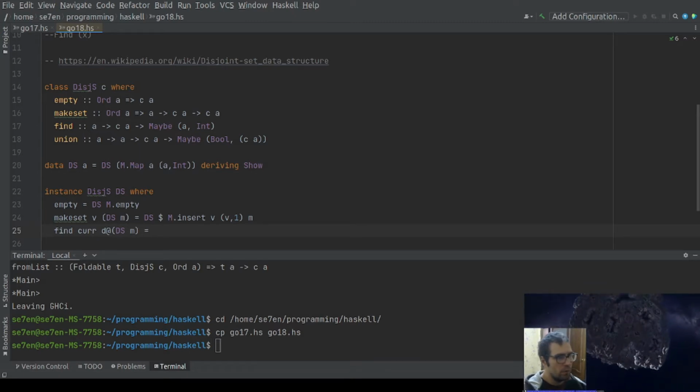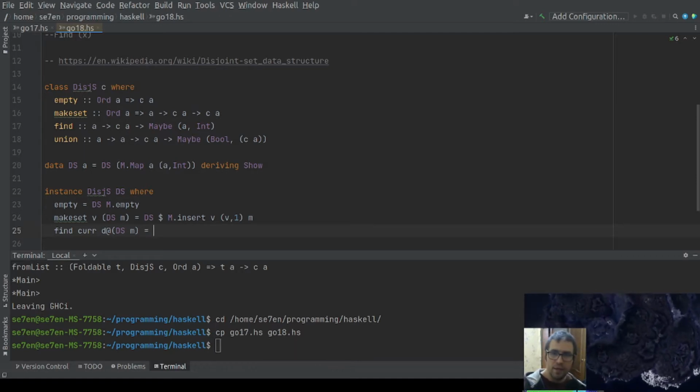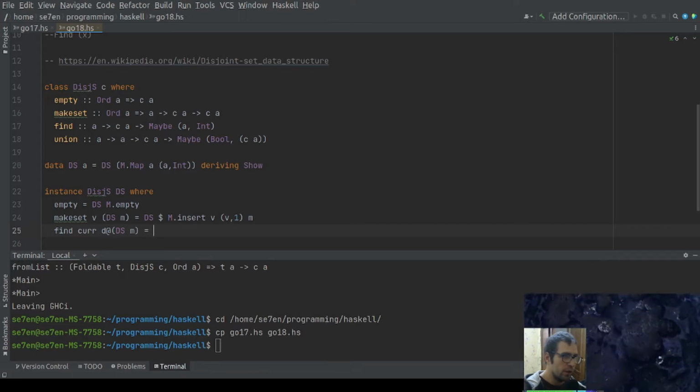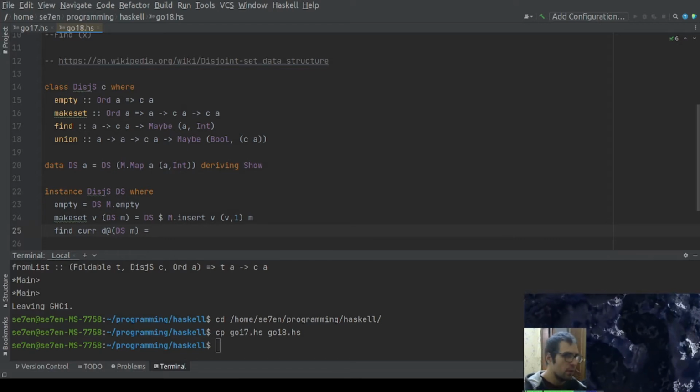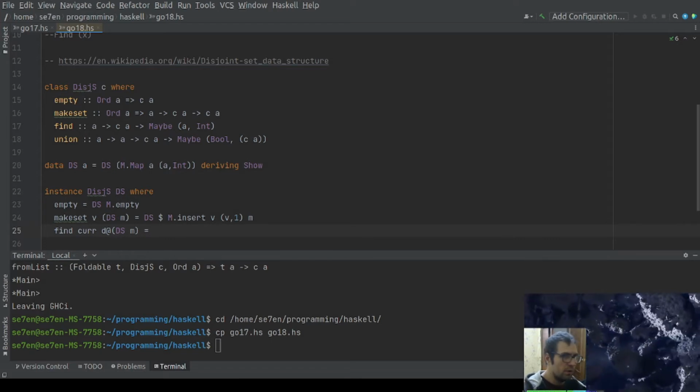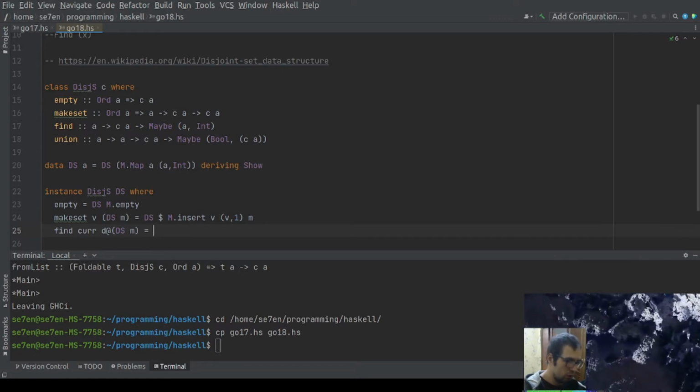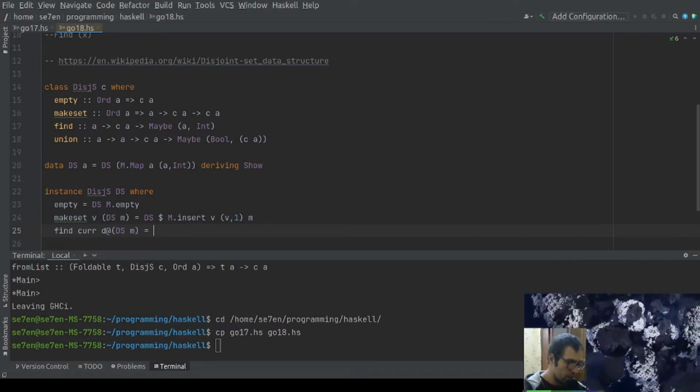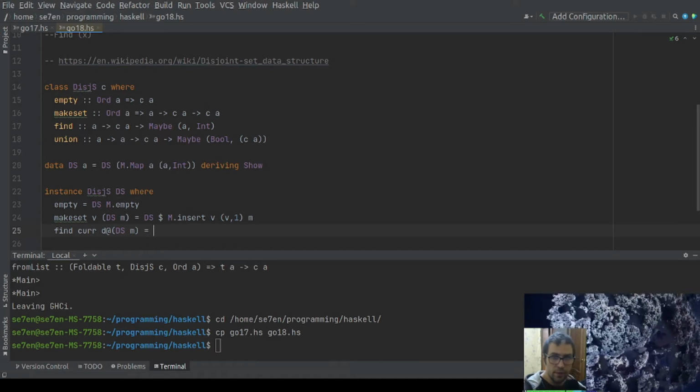First of all, when we have this current element, this function will return to us the representative of the connection component to which the current element belongs. So the first thing we need to do is to take the parent of this current element, and we